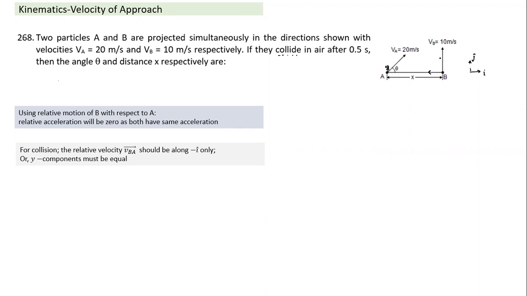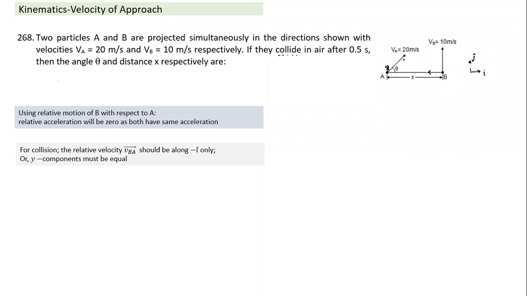Bhagishri, is this understood one by one? Yes, sir. Understood. What is the point you understood? Tell me, repeat that point. For collision to take place, we shouldn't have any y component. Why? Basically, B should only move directly towards A, is it not? Then only collision will take place. If B has a velocity like this, then it will not hit A. So no y component in the relative velocity. And when the relative velocity does not have any y component, then both the y components are equal. What is y here? Y is when x is taken along the line joining the two. That's what I mentioned, the condition for collision.